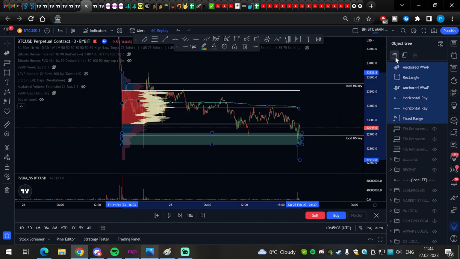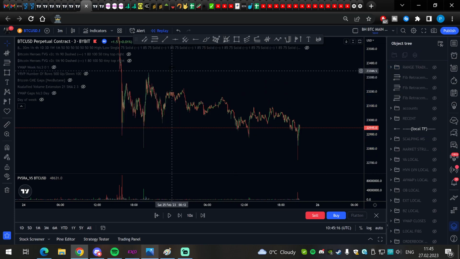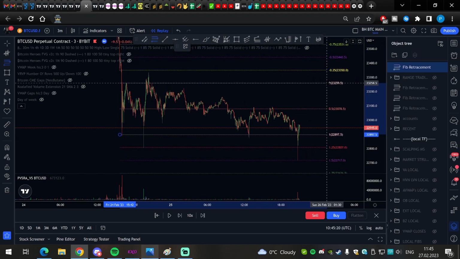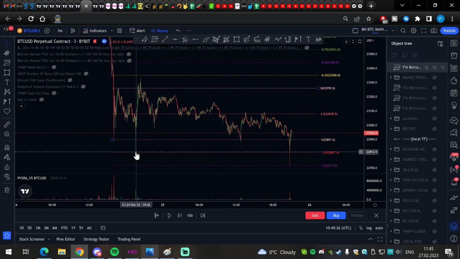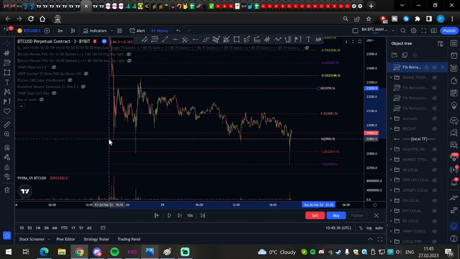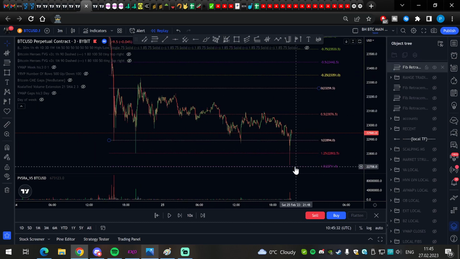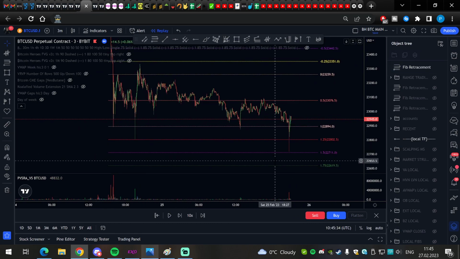Let me do the folder first. So range trading, so I can hide everything. It's oftentimes good to hide, and then you have just clarity. So we know these levels were very key for us, for our pool. Yes, because they respected this 0.25 beautifully. Let's go like this. And now the symmetry of the move was to reach